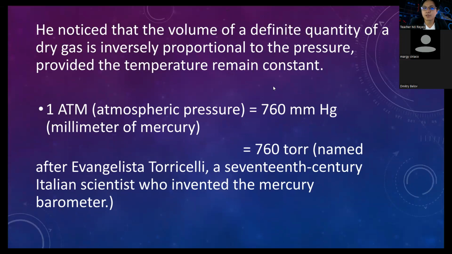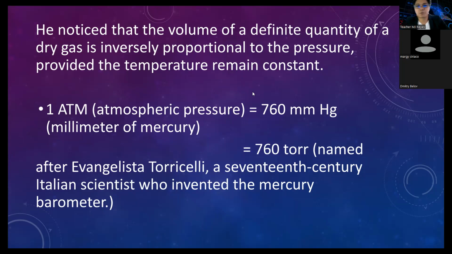Like for example, pressure and volume. Robert Boyle is talking about pressure and volume. Whenever pressure goes up, the volume goes down. Whenever the volume goes up, the pressure goes down. And that's inversely proportional. Directly proportional is when a quantity goes up, the other quantity goes up also. If inversely, the first quantity will go up, the second quantity will go down because they are inversely proportional.